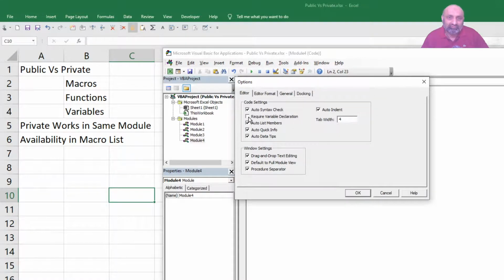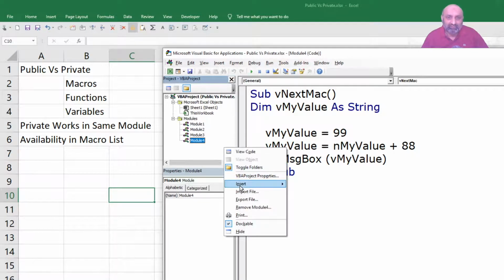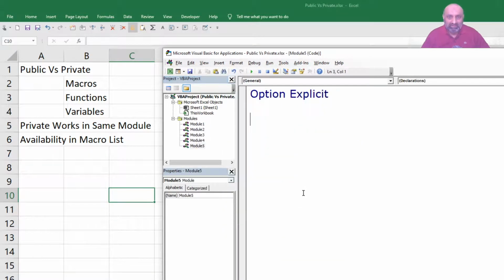So if we choose require variable declaration and then insert another module, you can see option explicit is automatically written. This means that we have exercised our option that all variables should be explicit, they should be declared. So let's try to run a macro.